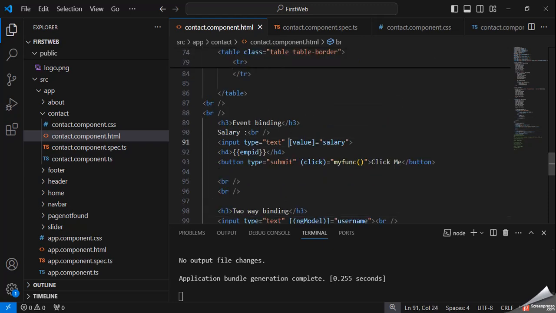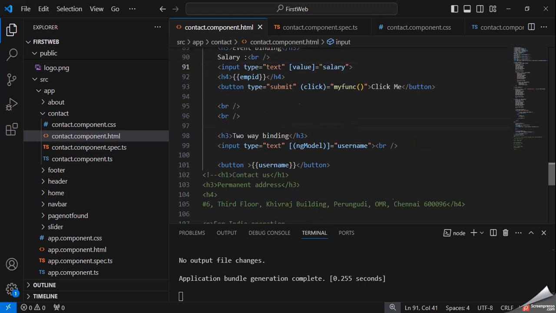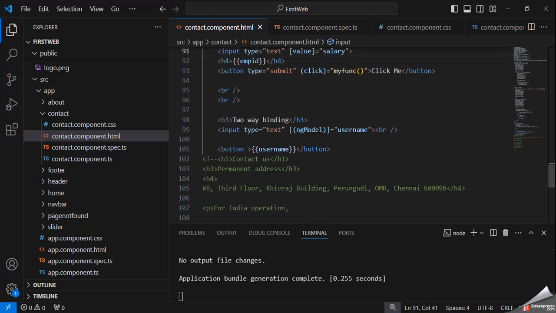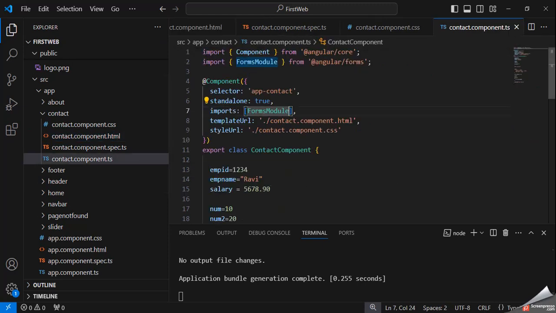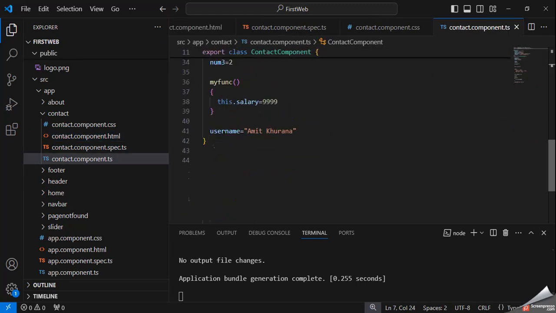Here we can specify the variable name. Here I have declared the variable name username as equal to Amit Khurana.